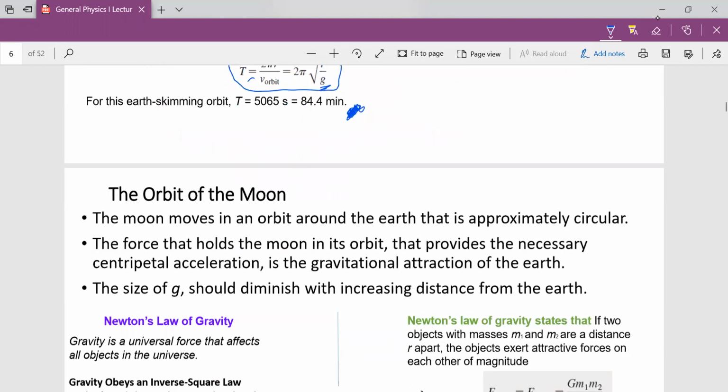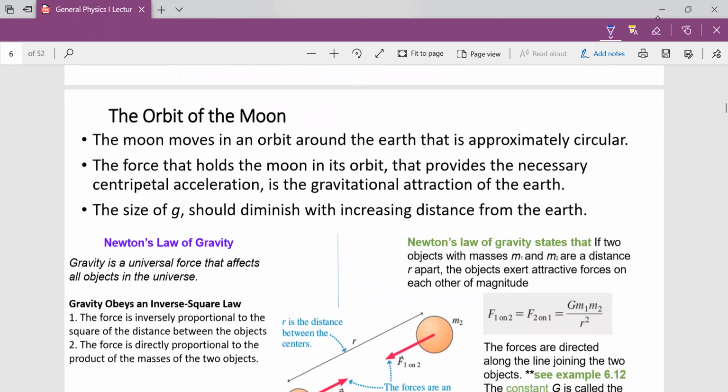What actually happened in the variation of the calculation for the orbit of the moon is factoring in the distance between the moon and the Earth, just those two. Having known the definition of orbit, which is a trajectory that forms a parallel motion to the curvature of the planet,